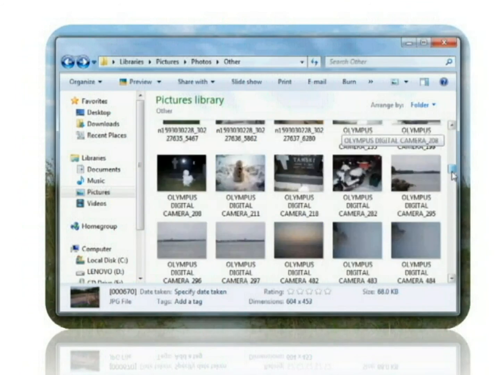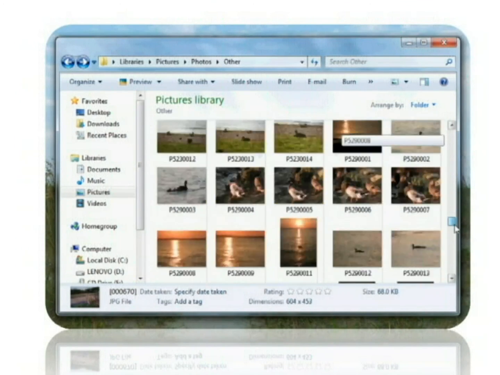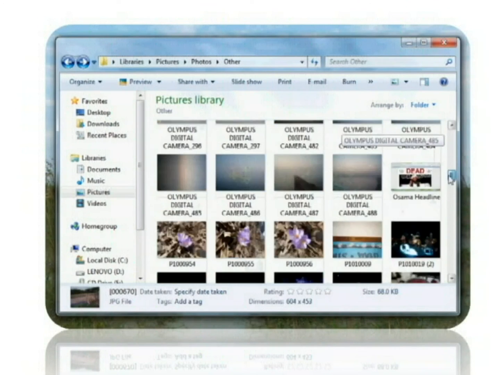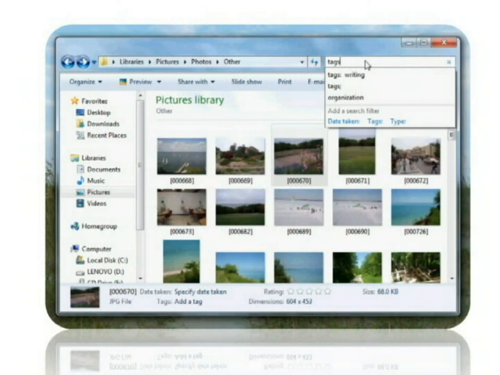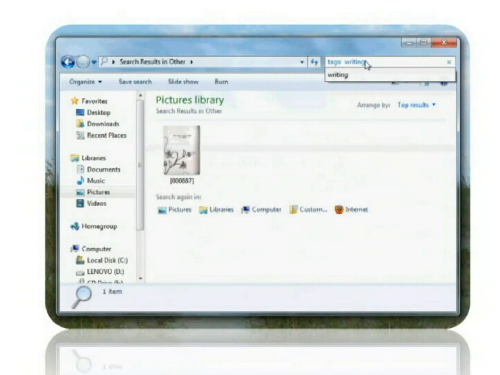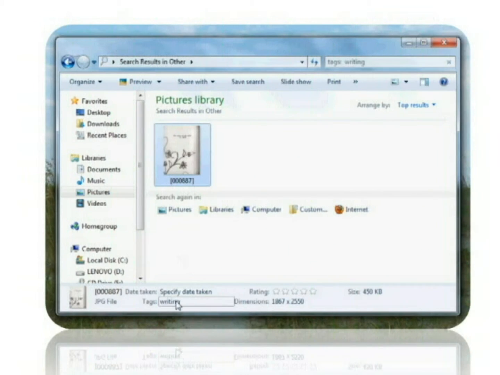Let's say that you have a folder filled with photos taken in class on a particular day. Among these photos happens to be a close-up shot of some writing that would go perfectly on a project you're planning. How would you typically find this photo? You would probably begin by trying to remember which folder you put it into, and then proceed to search through them for the picture in question. This could end up being frustrating and quite a time waster, especially if your hard drive holds hundreds of folders. On the other hand, if you had tagged all of your pictures when you uploaded them, finding the picture would be as simple as typing "writing" into the search function. The triumph of tagging.